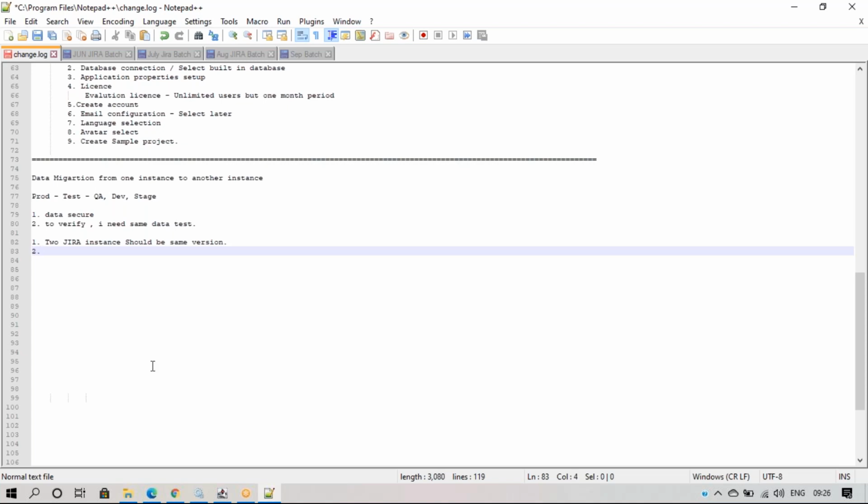And the second part, Jira instance health check.